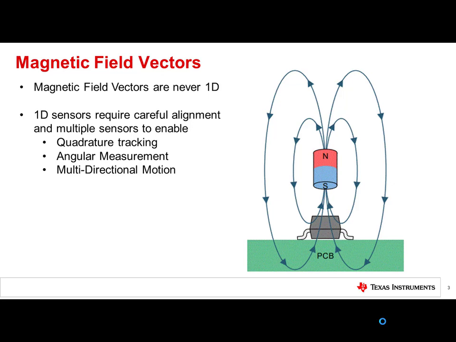For instance, if the magnet pictured above were to move horizontally, we could not distinguish whether that motion was to the right or the left. The sensor is only sensitive to the component of the vector directed vertically, and due to symmetry, this will be the same for equal steps to the right or left. As a result, 1D sensors will require that multiple sensors be placed in the system to capture this kind of information.